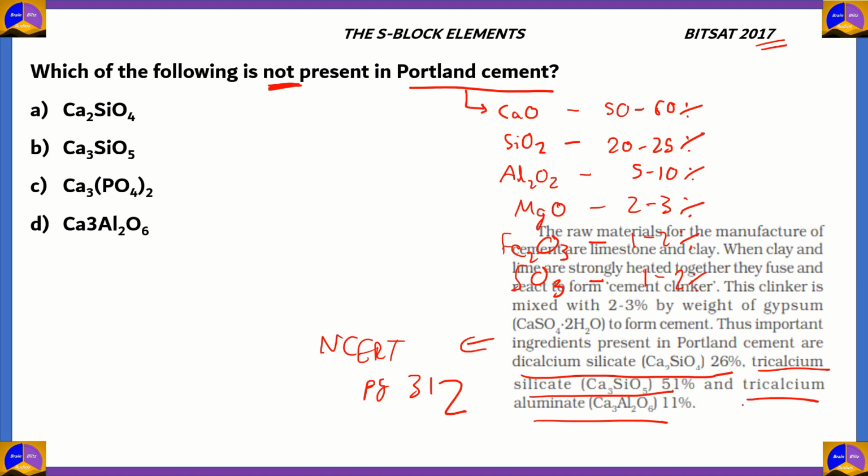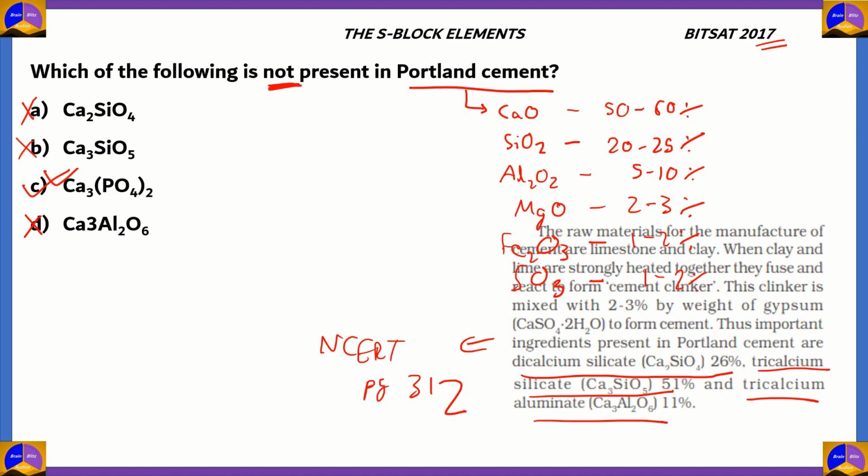So by looking at the extract, you can see that option A is present, so it's incorrect. Option B is also present, so it's incorrect. And option D is also present, so that's incorrect. The correct option is option C, Ca3PO4 twice. So you can remember the important ingredients in Portland cement and take option C as incorrect,